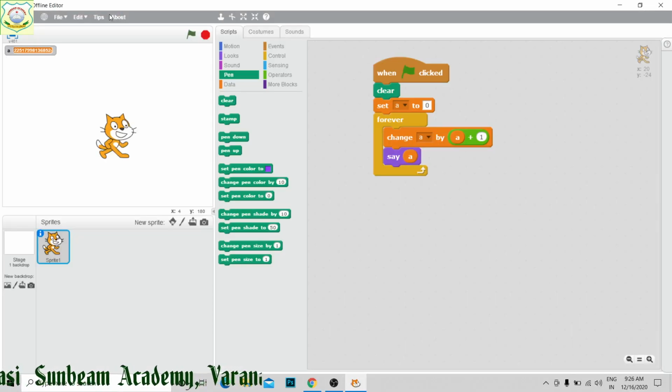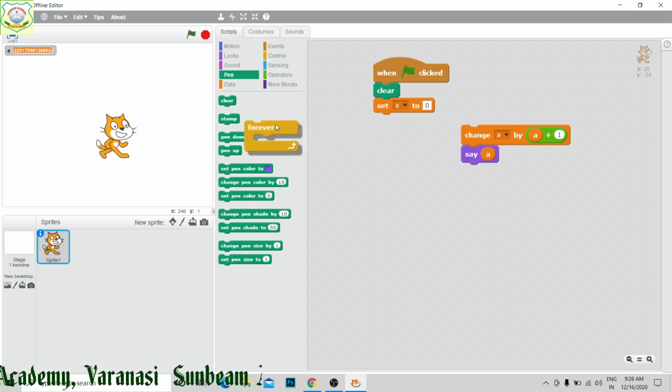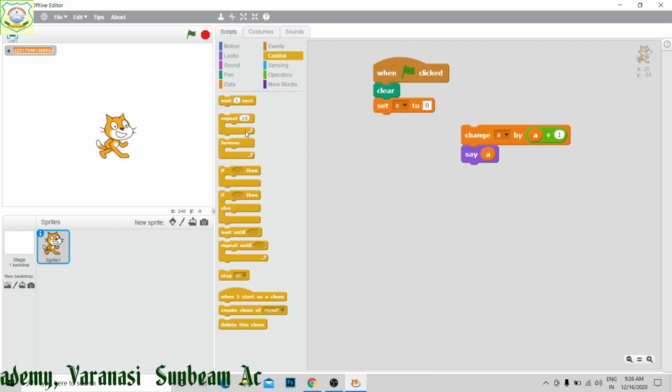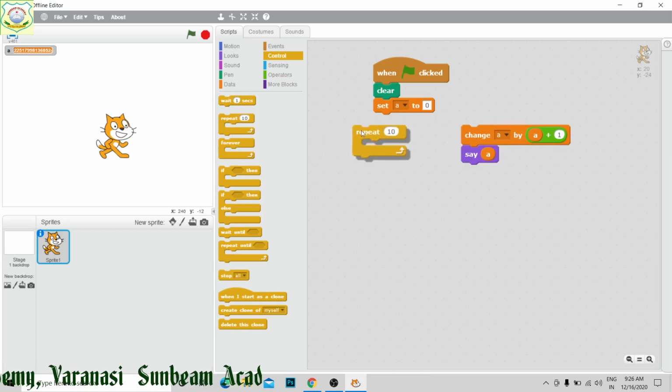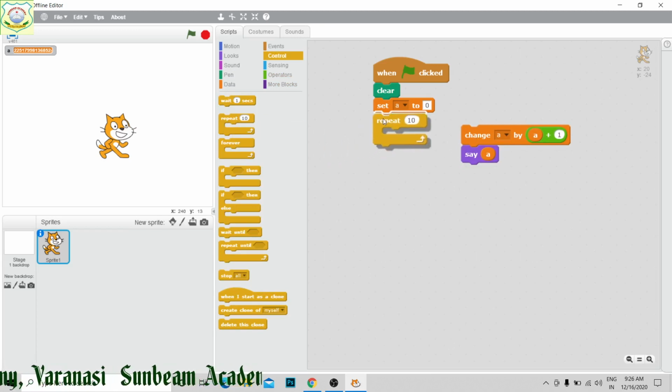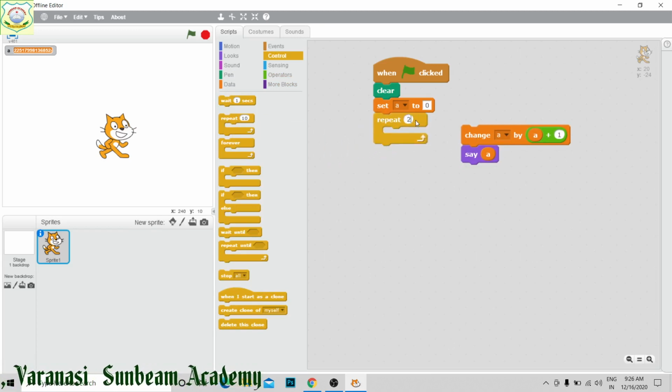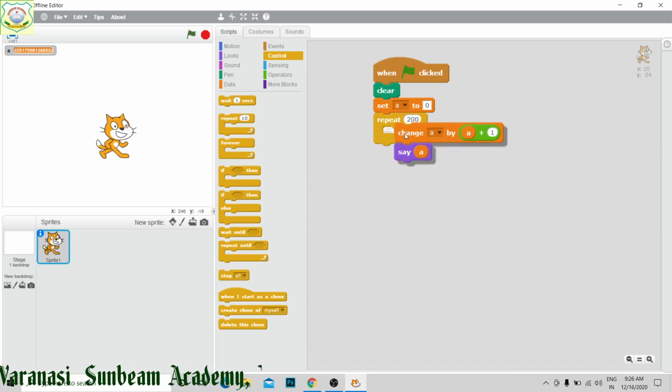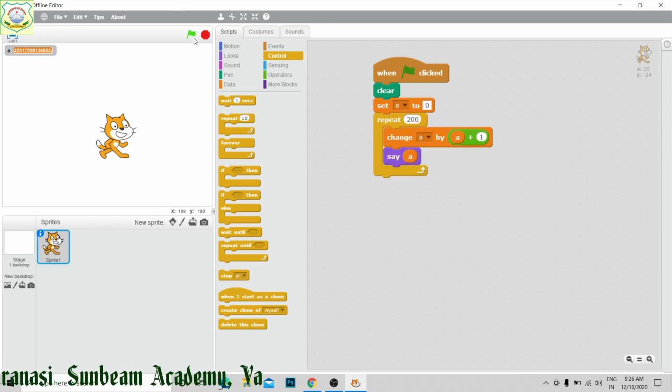Now if I don't want a forever loop, and I want to generate natural numbers up to a limit, then we will use if-then. I am just going to remove this. First we will see repeat. I need only 200 natural numbers, so I have given this. When it reaches 200, it will stop.